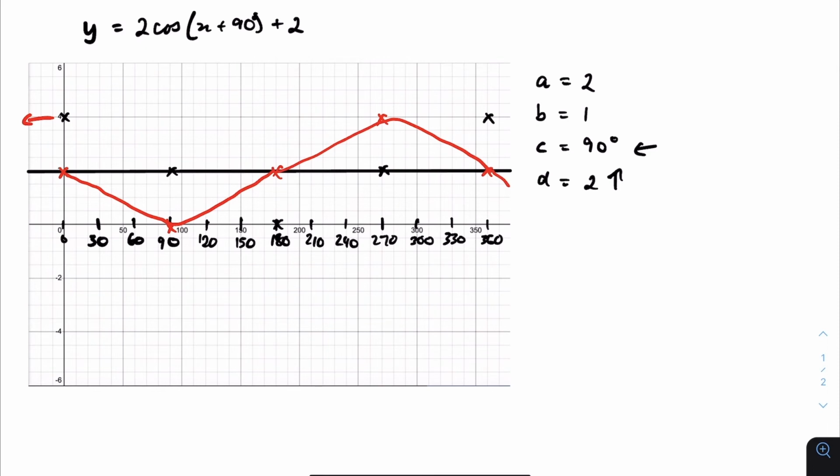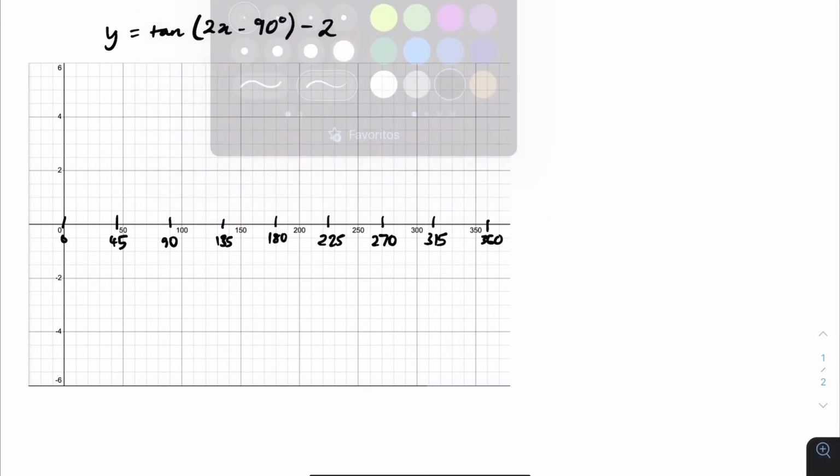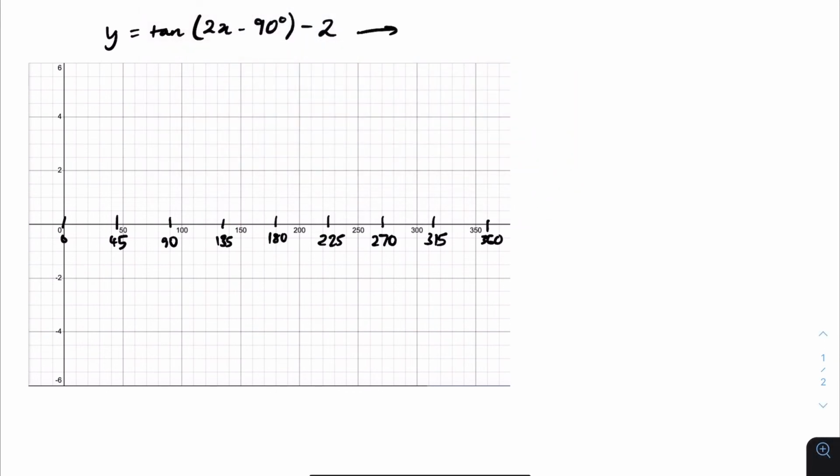Okay, so on to our last example, which is with tangent, our final function. So we've got y equals tan of 2x minus 90 degrees, minus 2 as our function. First thing we're going to do is write this in the same form as the first function, which factored out the coefficient of x to ensure that the period and the horizontal shift were distinguished. So we're going to write it as y equals tan of 2 times x minus 45 degrees